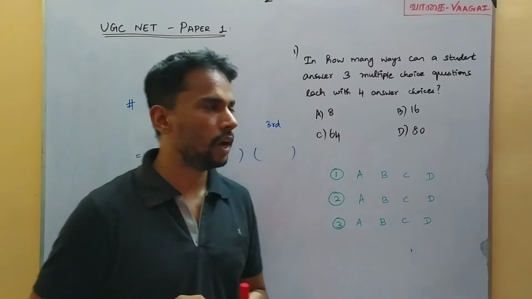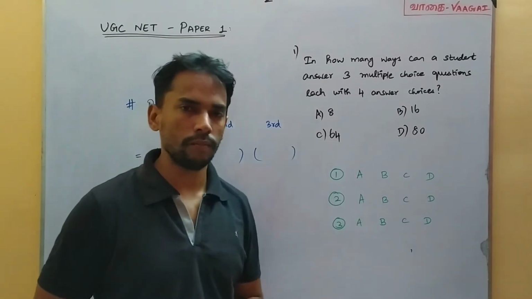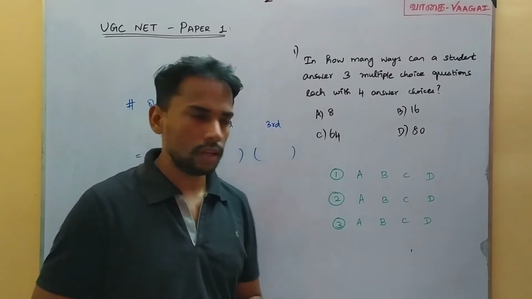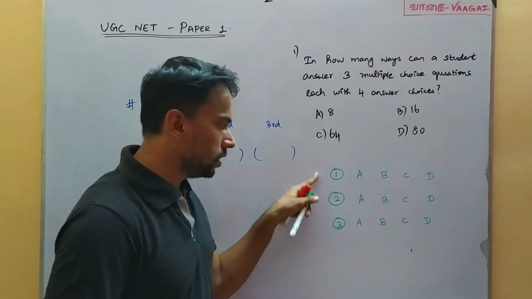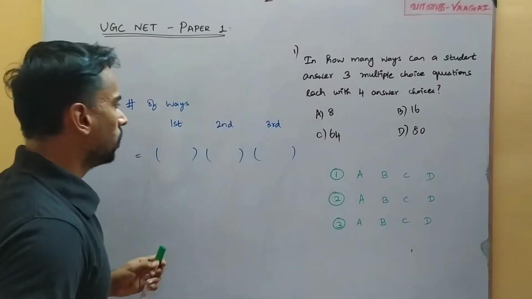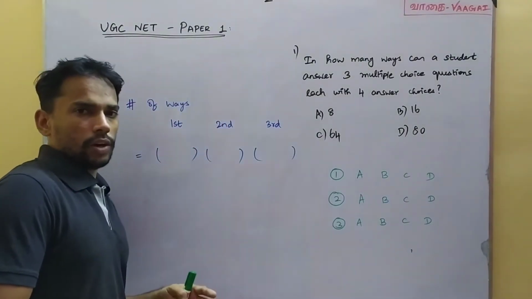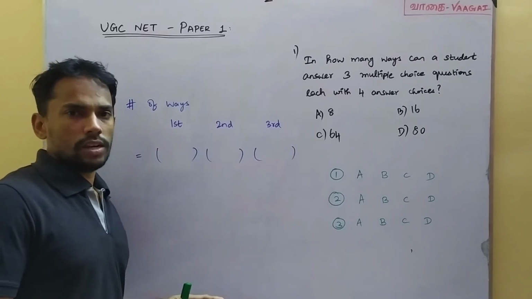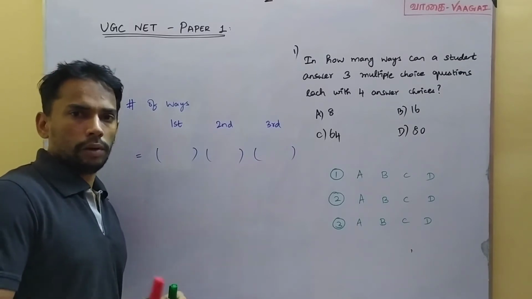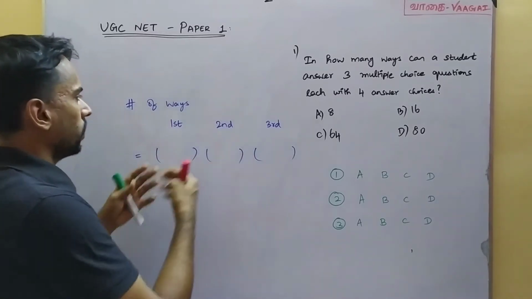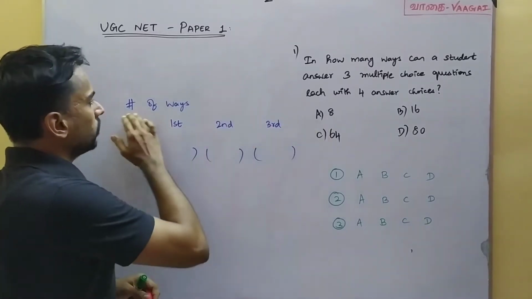This is given. And what is asked in the question for us to find? We need to find in how many different ways this student can answer these 3 questions. This is all we need to find. Let's see the way we are going to make the calculation and get the answer. It is going to be very easy. As I told, if you are sure with multiplication, then the way of getting the answer will be very easy. Fine, let's start. We need to find the number of ways.